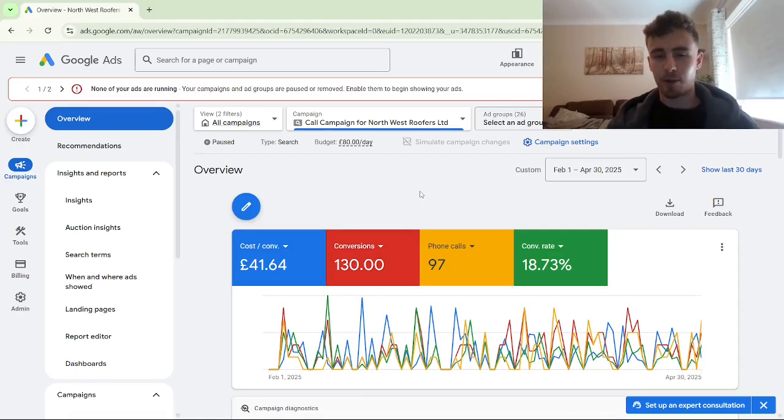In today's video, we're going to walk you through a landing page template that we use that works for pretty much any service-based business that you can use for Google Ads to generate much higher conversion rates than you've been previously getting. And the reason why having a landing page template like what we use is so important is that